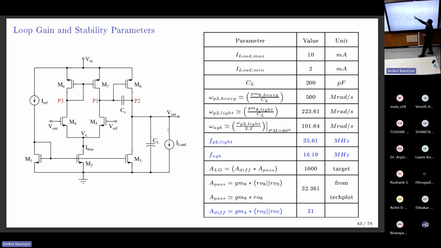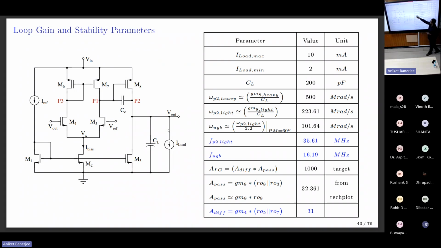In this case, P2 is the output pole. Omega P2 heavy is this, light is this. In this case, light is the worst case. Light load is the worst case for this type of LDO. In the previous case, heavy load was the worst case. So you want to find out what omega P2 is. This is the value, and to get a phase margin of 45 degrees, you